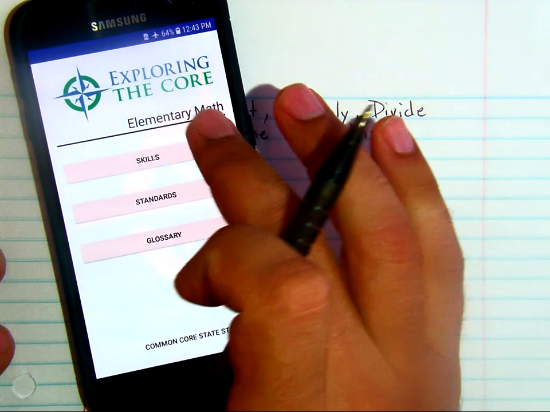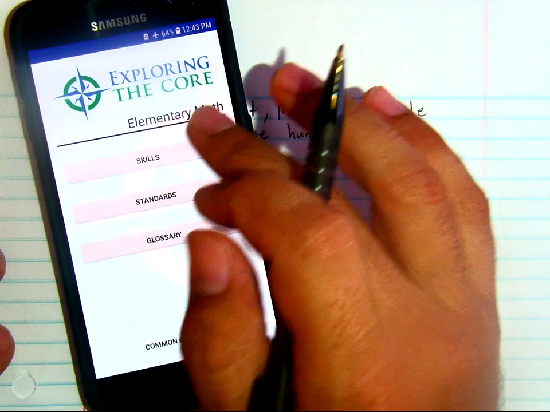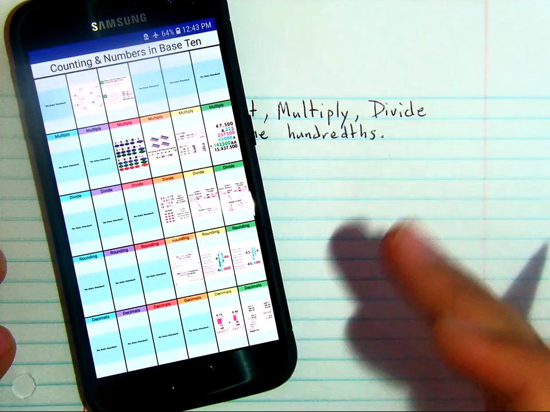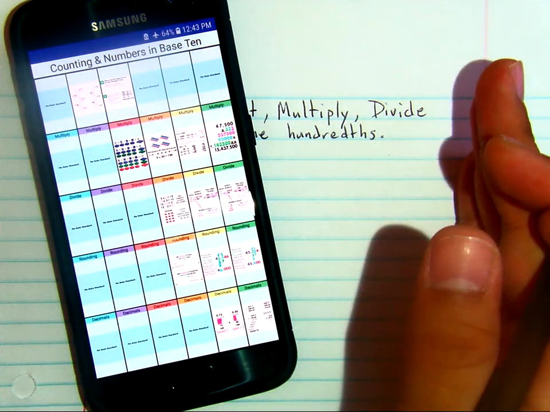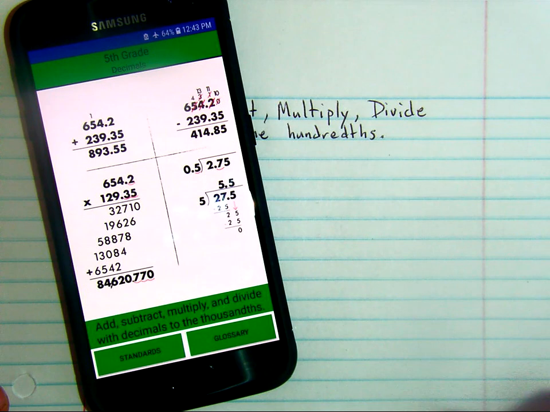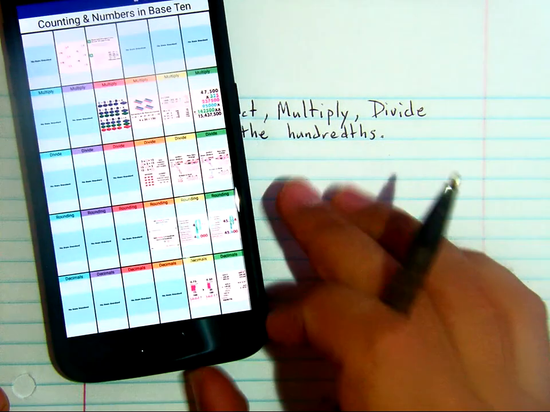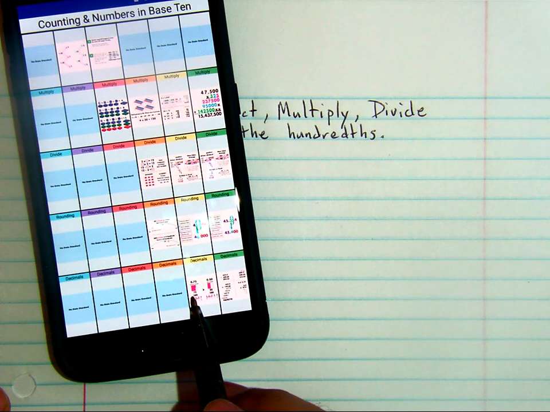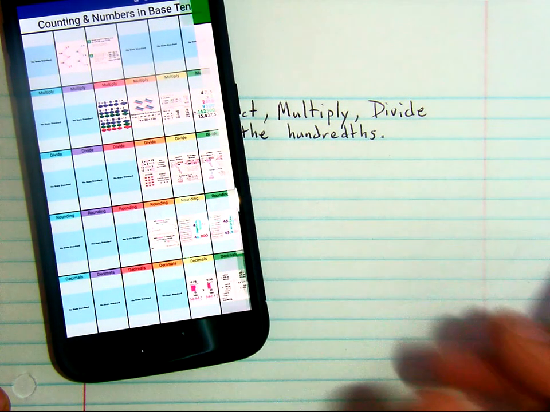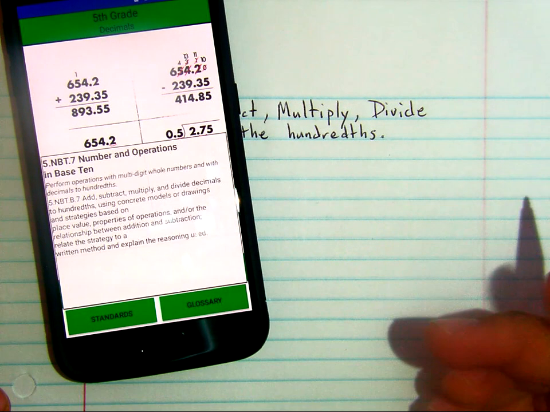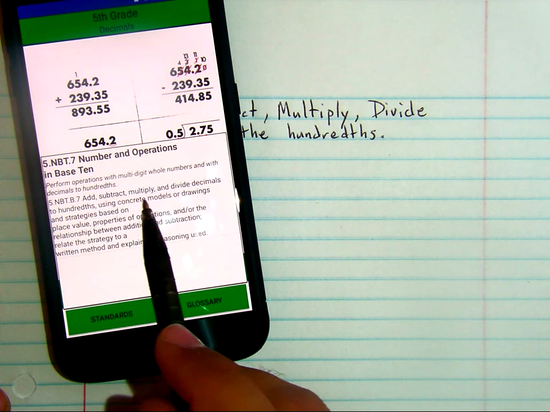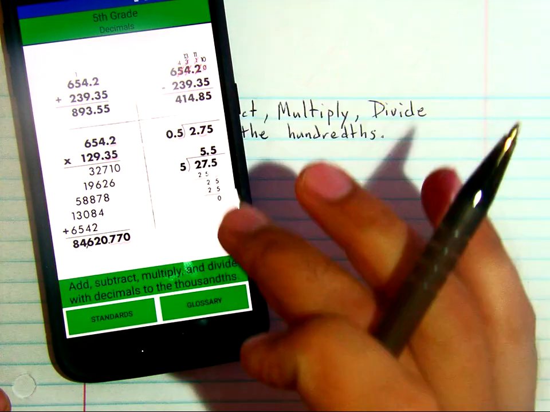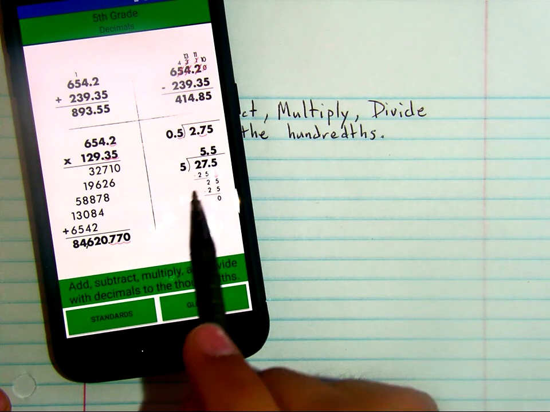Well, my app here, Exploring the Core for Elementary Math, when I look at the skills and how this particular skill in decimals has developed, first I want to point out decimals only really are taught, there's only standards in 4th and 5th grade. So if I look at 5th grade, the standard is exactly that: adding, subtracting, multiplying, dividing decimals to the hundredths. And then of course there are lots of strategies and things to consider, but knowing these procedures,